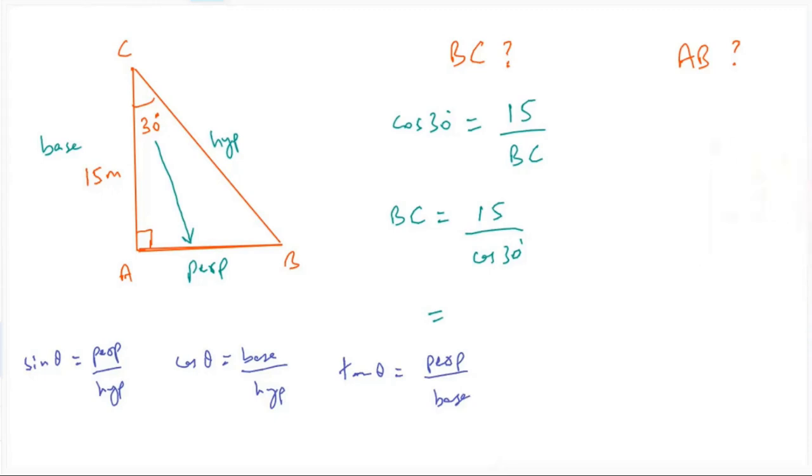सो इस केस के अंदर जब हमें बीसी फाइंड करना था, जब हमें बीसी फिगर आउट करना था, तो बीसी क्या था? बीसी वाज हाइपोटेन्यूज, राइट। हमें क्या गिवन था? हमें बेस गिवन थी, दैट वाज 15 मीटर्स, और ये एंगल के हिसाब से 30 डिग्री के हिसाब से बेस और हाइपोटेन्यूज को कौन सी रेशियो कनेक्ट करती है? दैट्स cos. सो दैट्स हाउ वी अंडरस्टूड कि हमें cos यूज करना चाहिए, ठीक है।